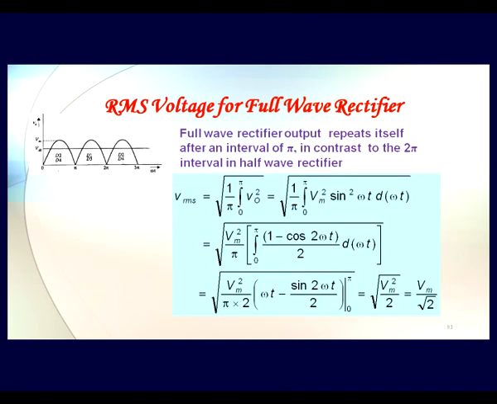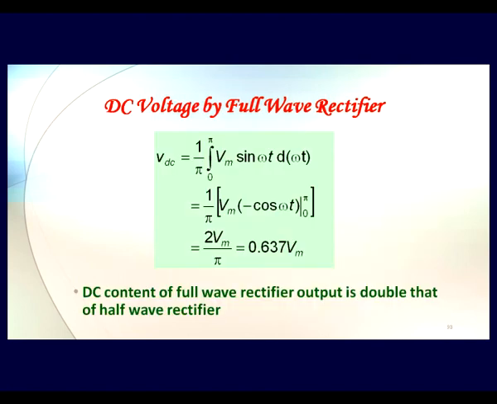The RMS voltage in this case will be calculated, since we are going to have a repeated waveform every pi, 0 to pi, then again pi to 2 pi we are having the same kind of signal. So we do the integration from 0 to pi, and if we go on doing this simple mathematics, 1 upon pi integral 0 to pi of VO square, and do the substitutions, then we arrive at Vrms equal to Vm upon root 2. In the same way, the DC voltage you can calculate quite easily by integrating over only 0 to pi, and it comes out to be twice Vm by pi, that is 0.637 Vm, which is exactly double that of the half wave rectifier.